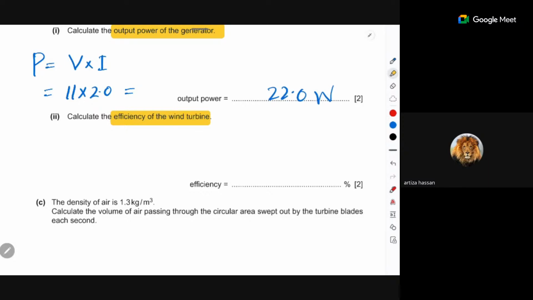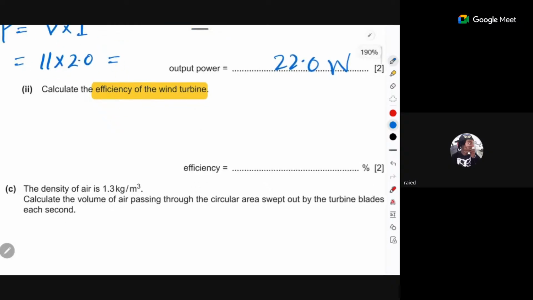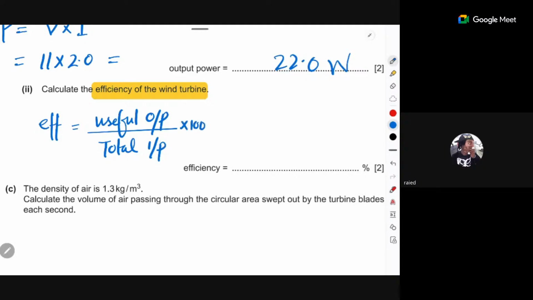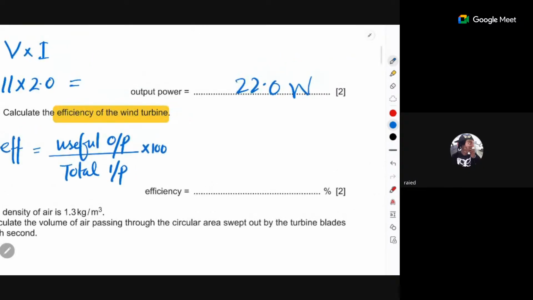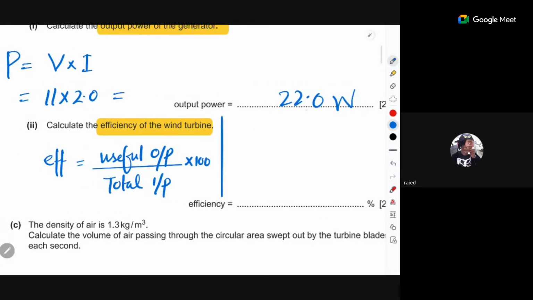Now calculate the efficiency of the wind turbine. For efficiency, what is the formula? Efficiency is equal to useful output energy divided by total input energy. So efficiency is useful output, OP stands for output, divided by total input, IP stands for input, into 100. Actually, this is in terms of your power, so I will write all the values of the power. The useful output power is this one,